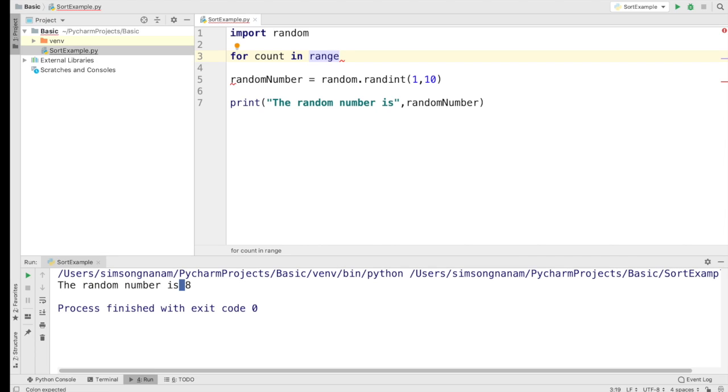Okay, and then I can put the starting point of my loop, 0. And the ending point of my loop, in this case I will say 9. So from 0 to 9 I want to print random numbers. So watch this. I'm just going to give a colon, and then in Python, if you want to do